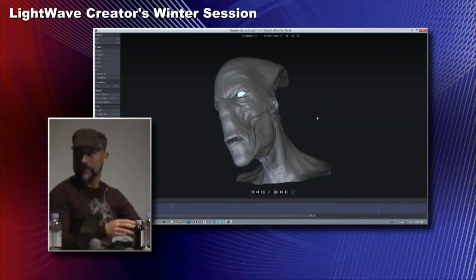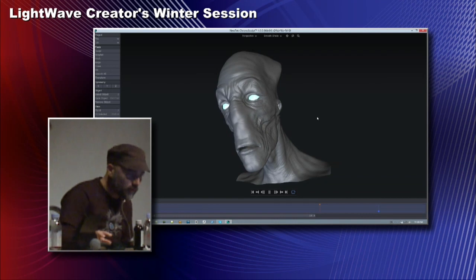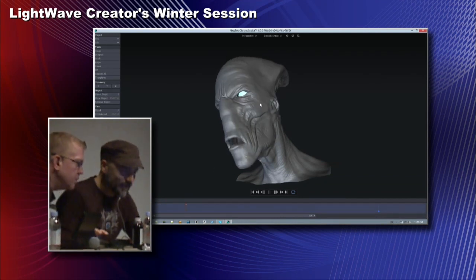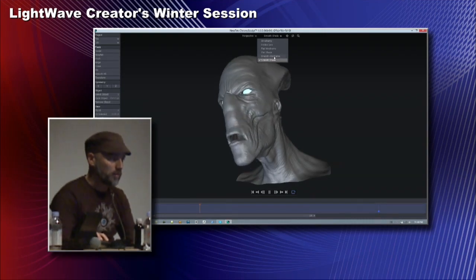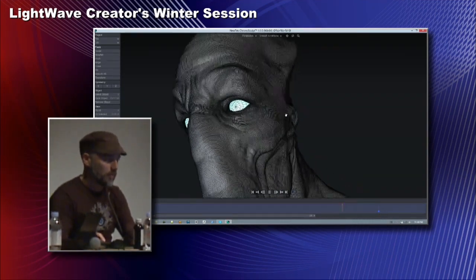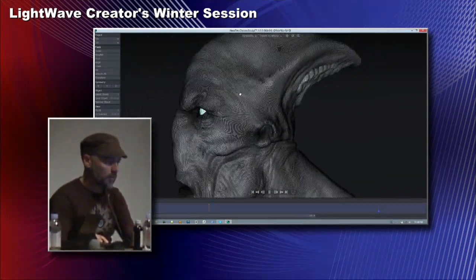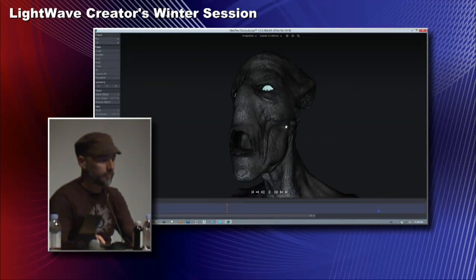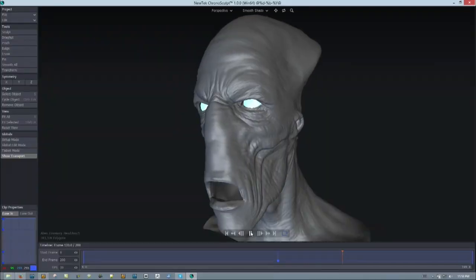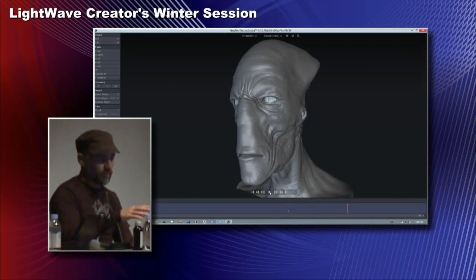We have almost 400,000 polys on this object. But for ChronoSculpt, because we have a new geometry engine, it's nothing. You can push around 5 million, 10 million, 20 million polys in here. It's not a problem. So let's say we want to add some variation, because we recorded this performance using the